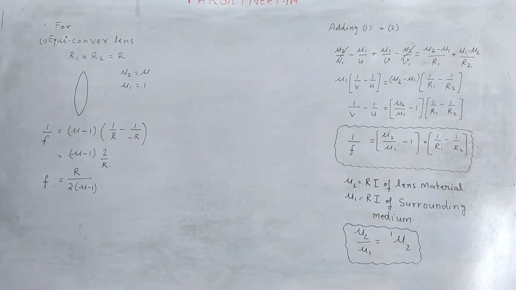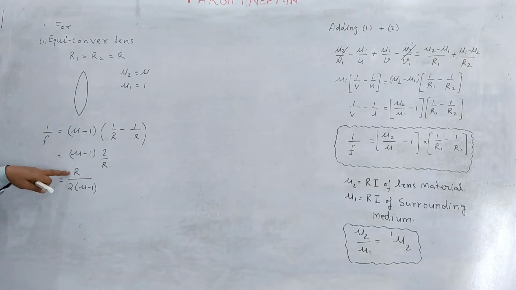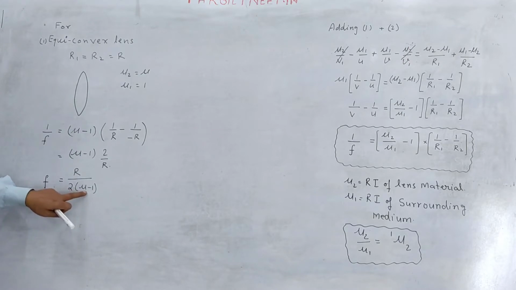So if the lens is an equiconvex lens, then the focal length for this lens will be this. And it is positive, because R is a number, magnitude only, so this is positive. Mu, the refractive index of glass, is definitely more than 1, so this is also positive. It means the focal length for a convex lens is positive. And if the focal length of a lens is positive, then that lens is said to be a converging lens. So this lens is a converging lens.